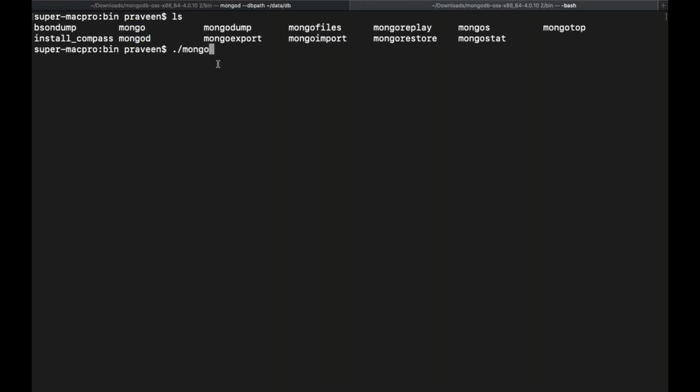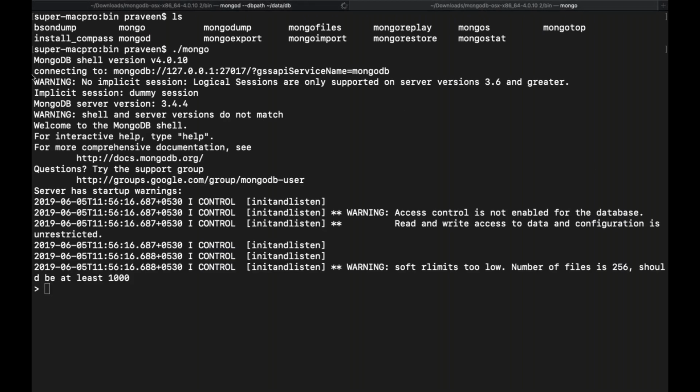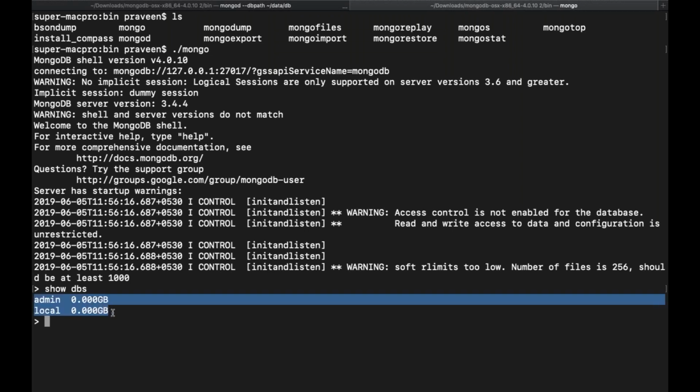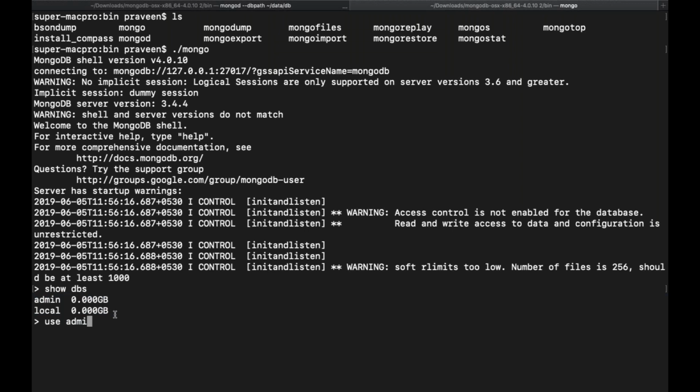So just run mongo. Once you run this, it starts the executable, which is a REPL for MongoDB. Over here, I can run MongoDB queries and functions to get data from it. I can just say show dbs, which prints out all the databases in the system. I can say use admin and say show collections, which prints the collections which I have in the